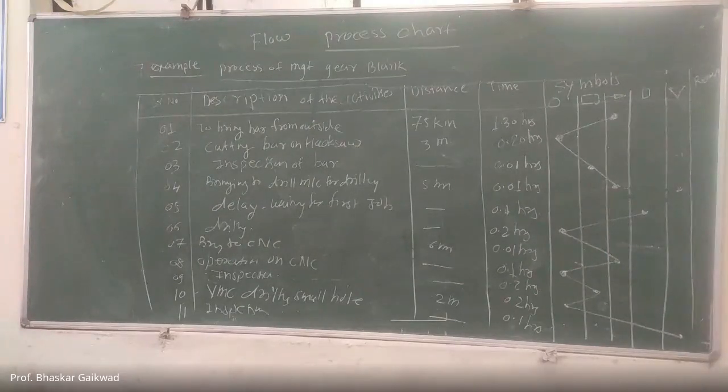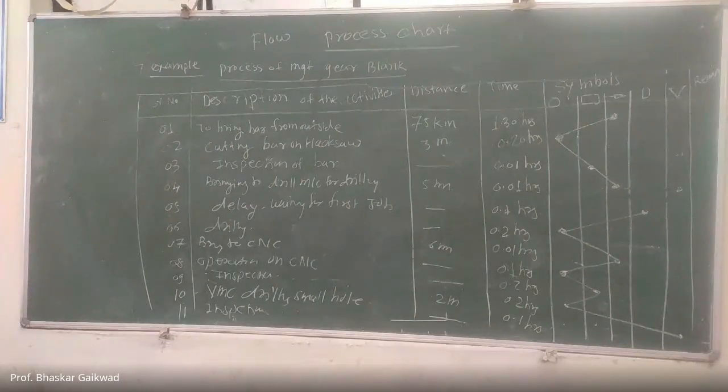Previously we have seen the manufacturing of this gear blank by using our CNC and VMC machine. Yesterday we have seen the drawing as well as jobs, and after this, for the same job, if we purchase the raw material for manufacturing the same job from outside suppliers to the last stage of VMC machines, in which way does that material flow? That diagram is shown on this blackboard. This is called flow process chart.